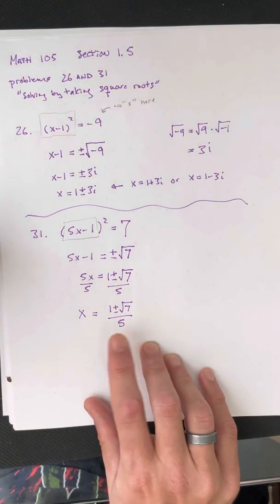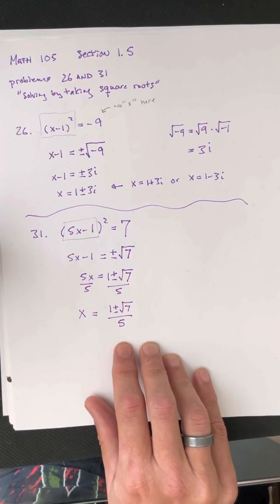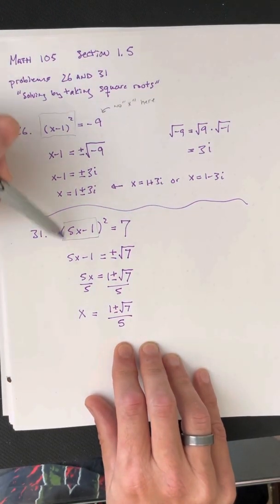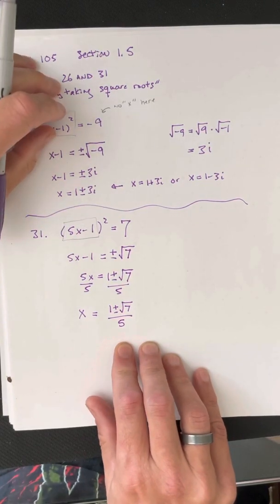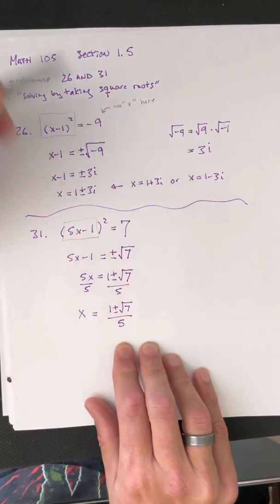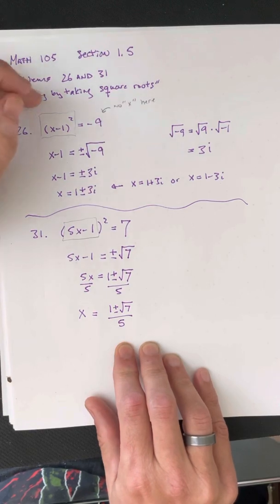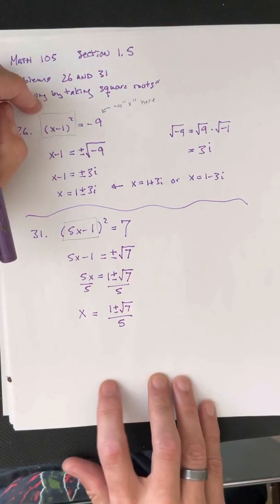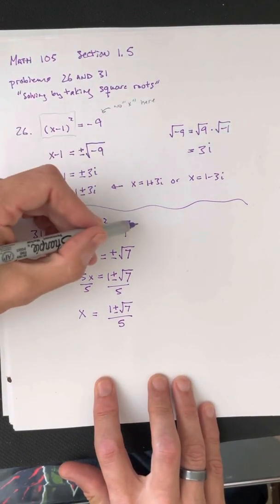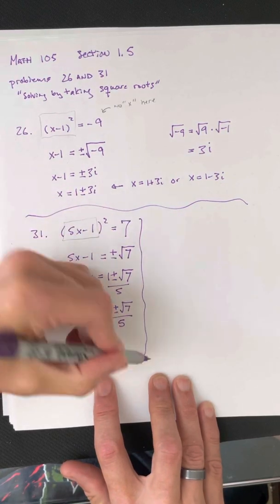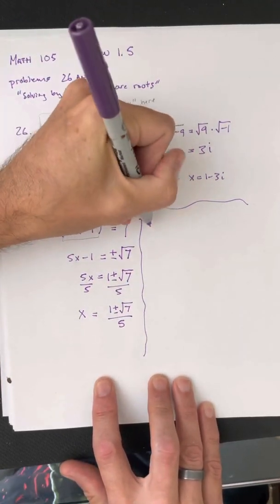So the fact that you get something like this makes sense, because if you had expanded this out and solved it by the quadratic formula, it makes sense you'd get that. And in fact, even though it didn't ask for it, let's do that to show. So if I wanted to solve this by the quadratic formula,